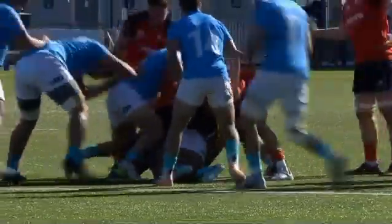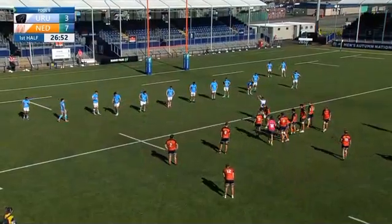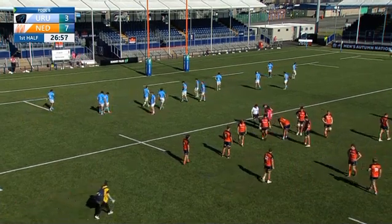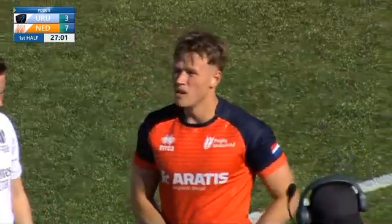Hoblog able to sweep up, but a cluster of orange jerseys there. And Nguema was the player who was able to get his body in the right position just to suffocate Pedro Hoblog. Squeeze the penalty. And as soon as the penalty is called,